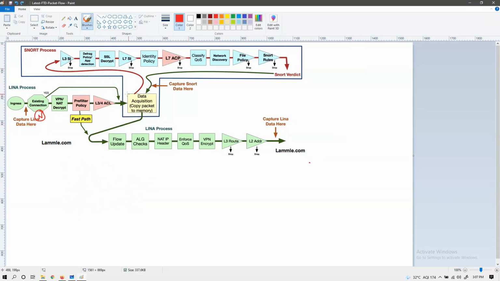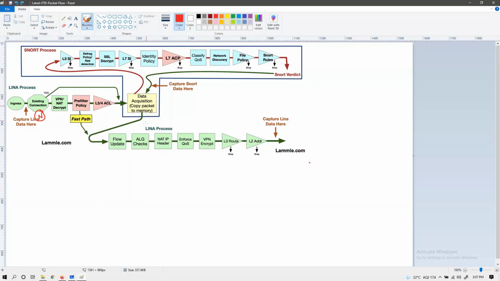But here you need to understand only one thing, that in Firepower, all the policies will be evaluated one by one. Okay, one by one. First of all, security intelligence, then SSL decryption, then layer 7 security intelligence, then identity policy, then layer 7 access control policy, then classify QoS traffic, and this is for network discovery policy, file policy, intrusion policy.